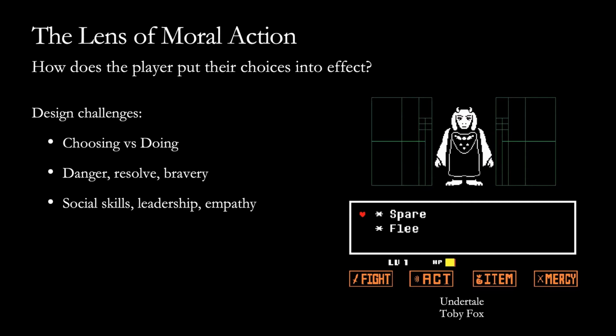Undertale is a 2D throwback SNES-like RPG. It's fairly simple, but it has a very interesting mechanic. You can see to the right here, this is a battle screen. So you have turn-based battles, and below the little text box you've got this mercy button. And this appears every time you get in a combat encounter in Undertale.